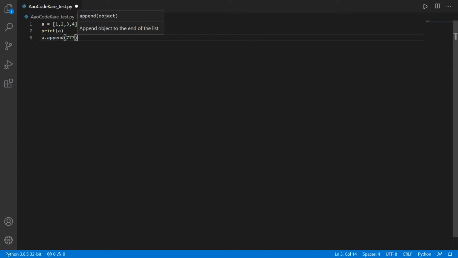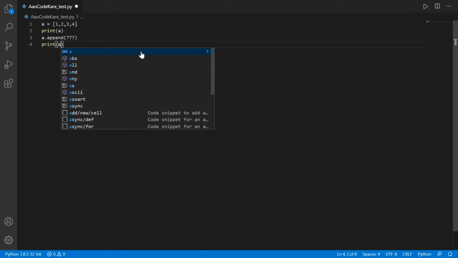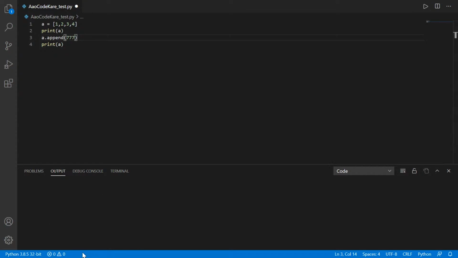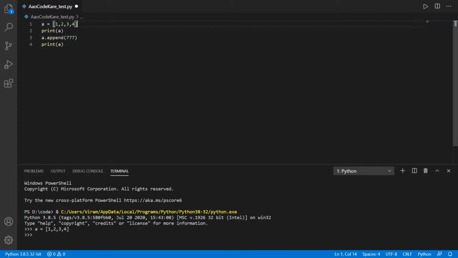If you are a Friends fan, you would know what 777 is. Let's print a again. Control Alt N. Output. So in VS Code, the output is shown here, right? There's something wrong with the playground. Shift enter. Okay, a is equal to this. Print a. You can see the output here.